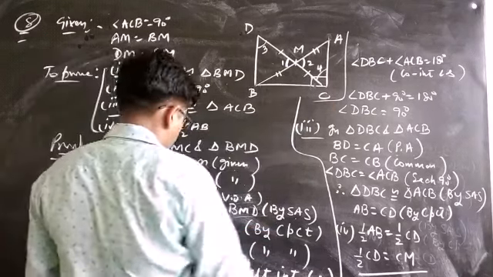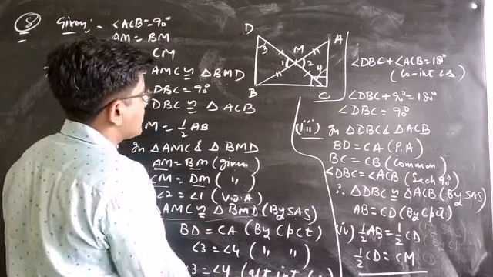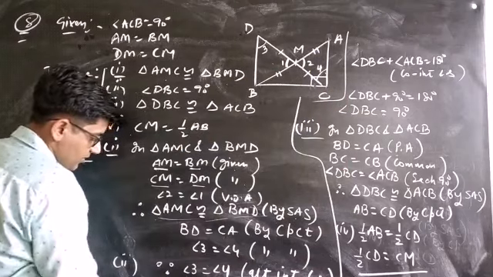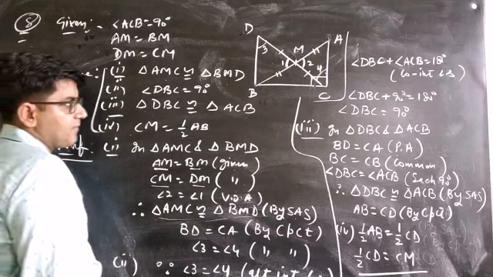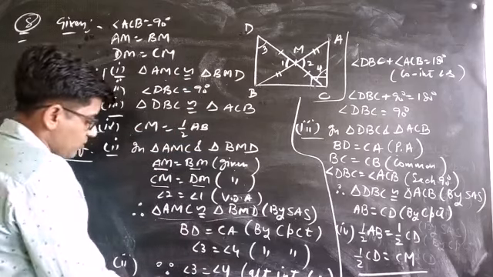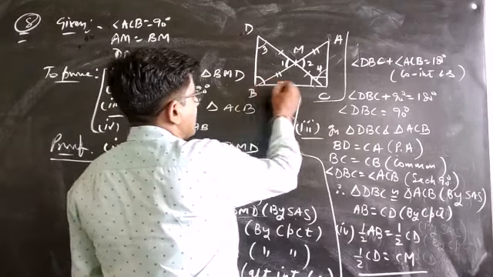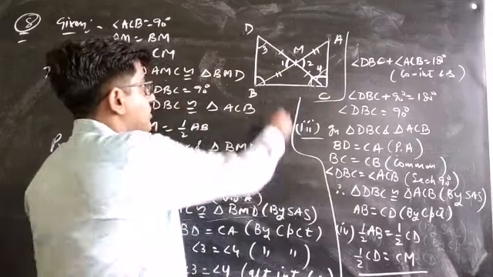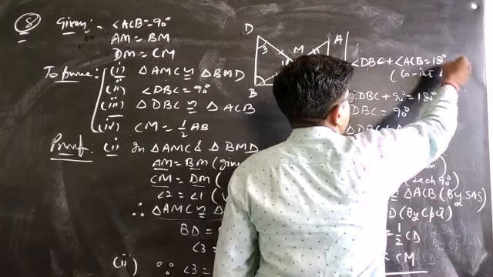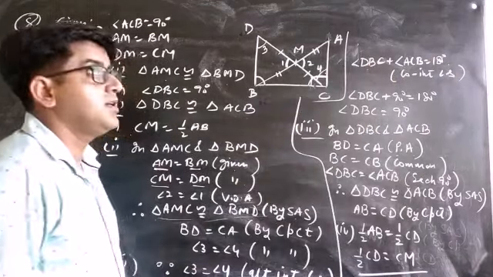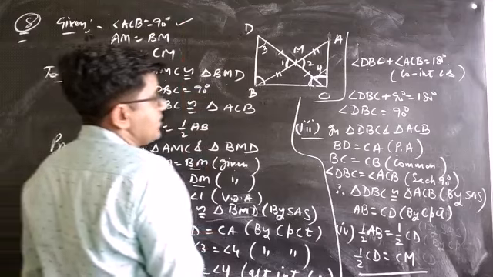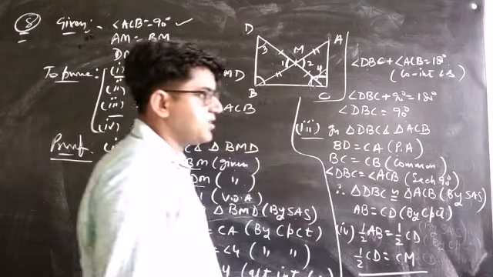This angle 3 and angle 4. Now because angle 3 is equal to 4, you can mention here these are alternate interior angles. So BD will be parallel to CA because alternate interior angles are equal, lines are parallel. Now for the second part of the question, because lines are parallel, these are co-interior angles. This angle and this angle are co-interior angles because these two are parallel and this is the transversal. So angle DBC plus angle ACB is 180, co-interior angles. Angle DBC plus 90, because ACB is 90, it is given in the question. So DBC will be 180 minus 90, which is 90.